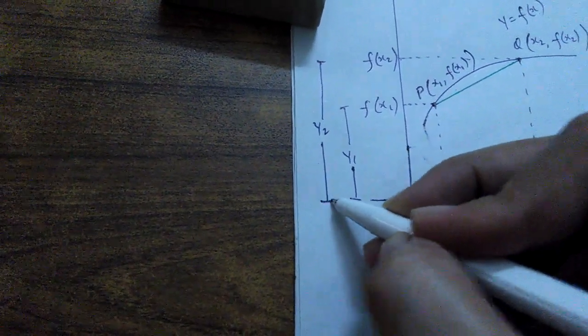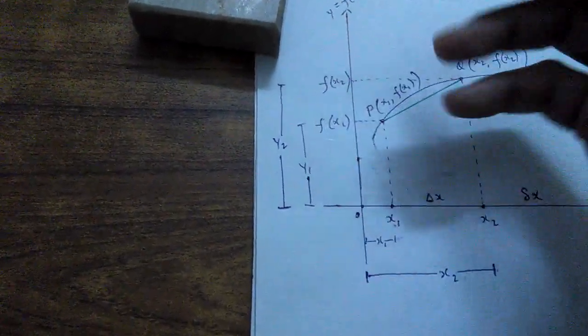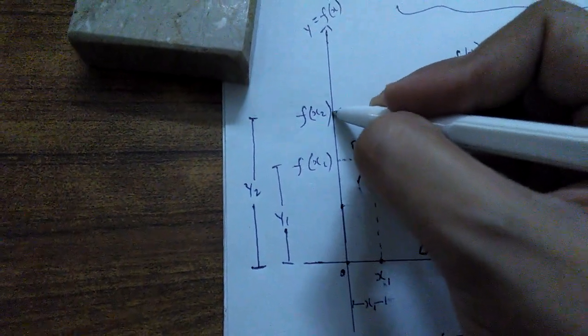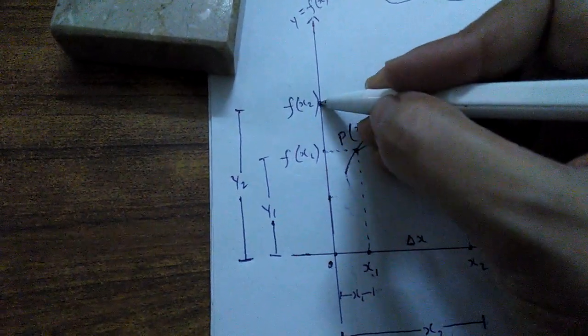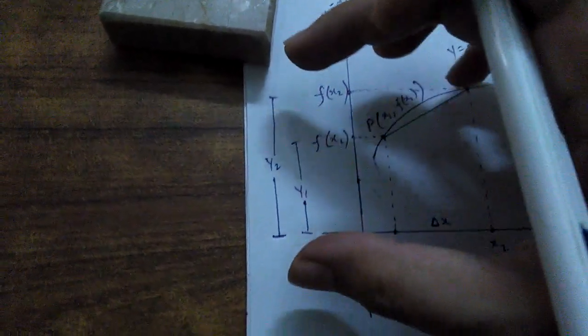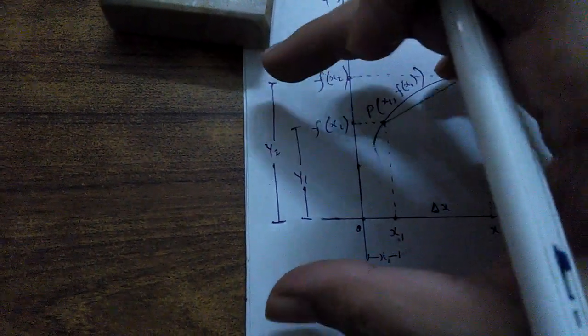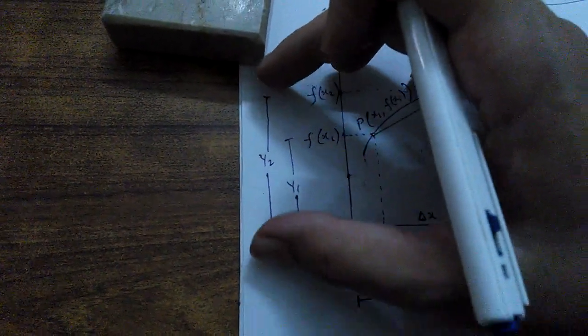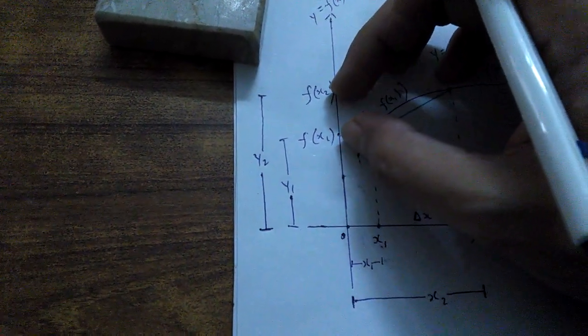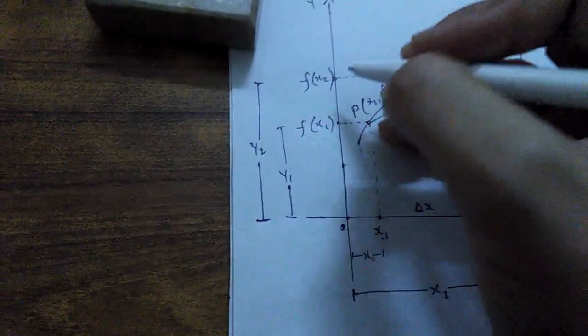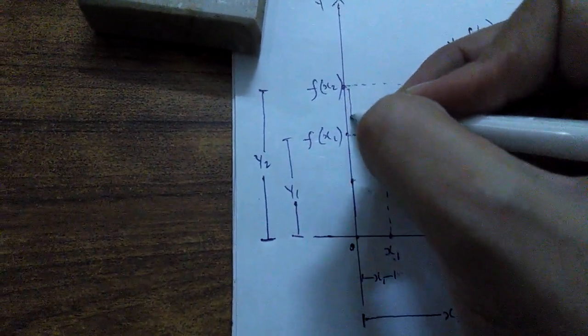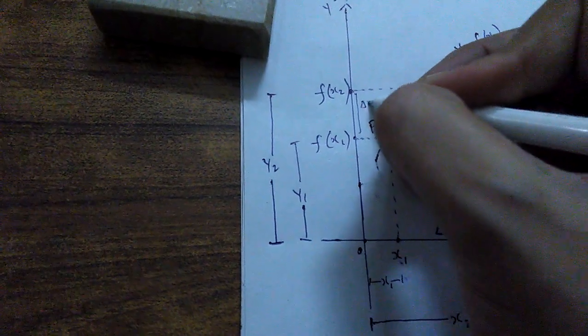Also you can call it f of x2. So the distance between these 2 points is the difference of your y2 and y1. When you subtract y1 from y2, you're going to get this portion value left. So you can call this length